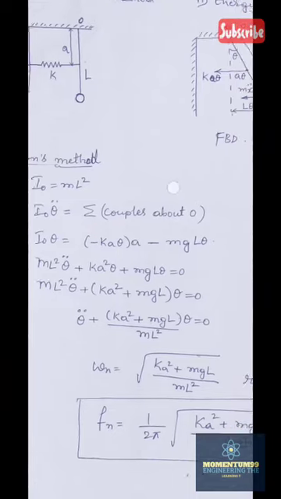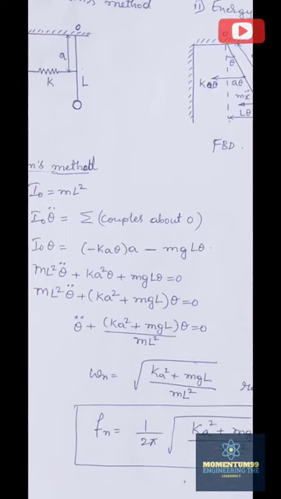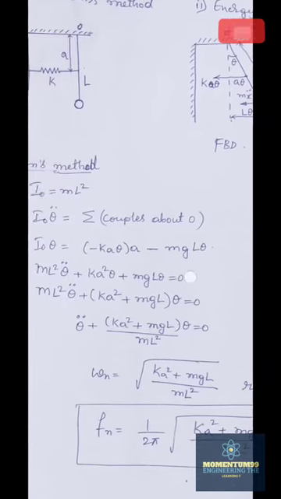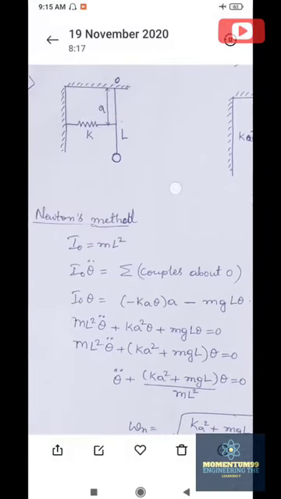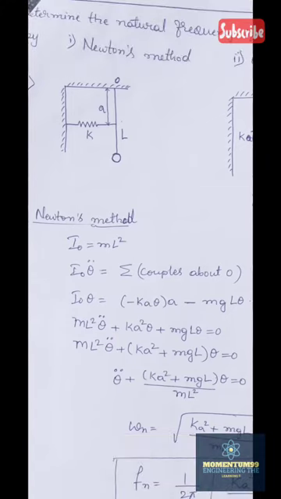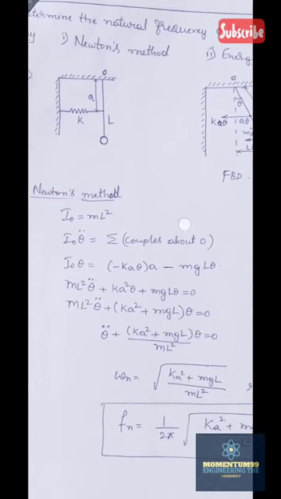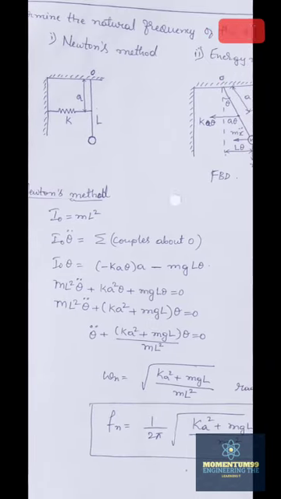Now negative indicates that it is trying to restrict the motion, or it is trying to bring the body back to the equilibrium position. And we have the gravity term mg into L theta. Why have we taken minus here? I have said earlier, whenever the mass will be tending to move away from the point of suspension. Now imagine this: you have the point of suspension over here, and I will be cutting off this string of length L. Where the body moves, it moves towards the ground, and it will not be moving towards the point of suspension. Hence you will be taking this mg into L theta as a minus quantity here. Now rearrange all these things as in the previous problem.